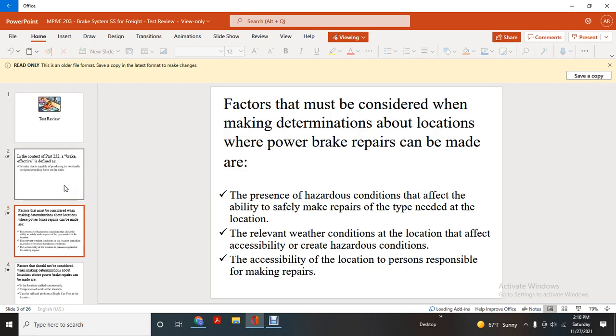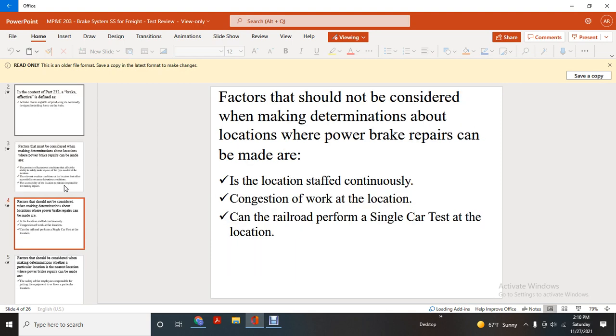the location, and the accessibility of the location to the person responsible for making repairs. Factors that should not be considered for making a determination about the location where power brake repairs could be made are location staff, continuous congestion at the location, and whether the railroad can perform a single car